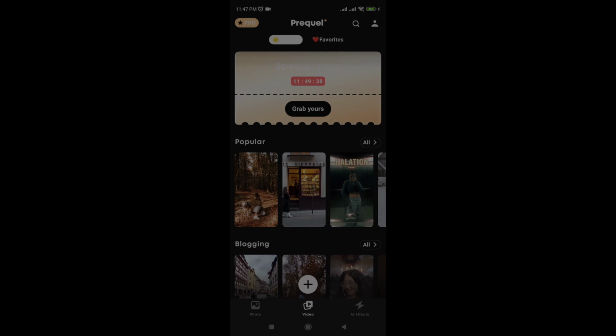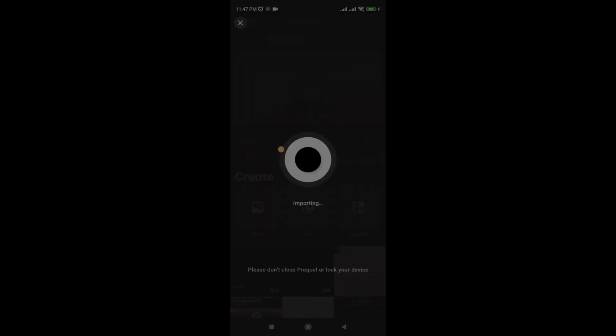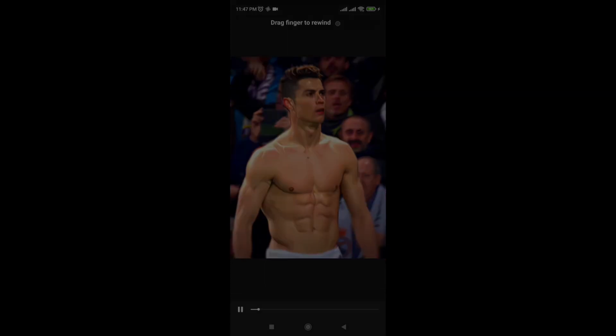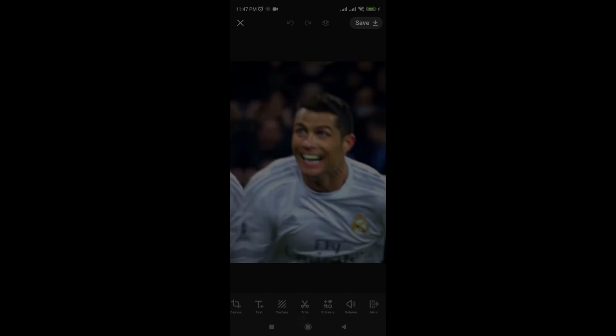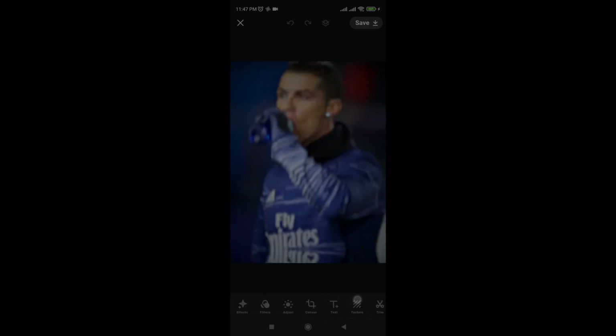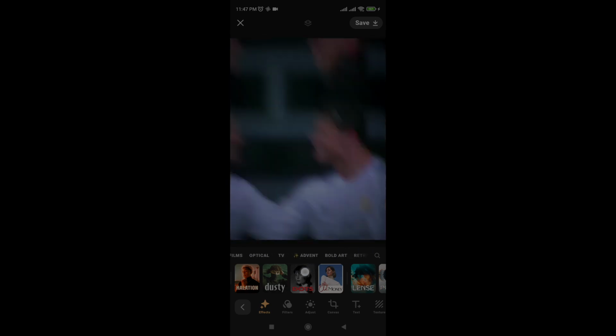Then click on this plus sign and import your video, the video which you want to convert into the cartoon animation. Then this will load your video into this app. Then simply scroll this and you will find the effects option there, so simply click on it and scroll it